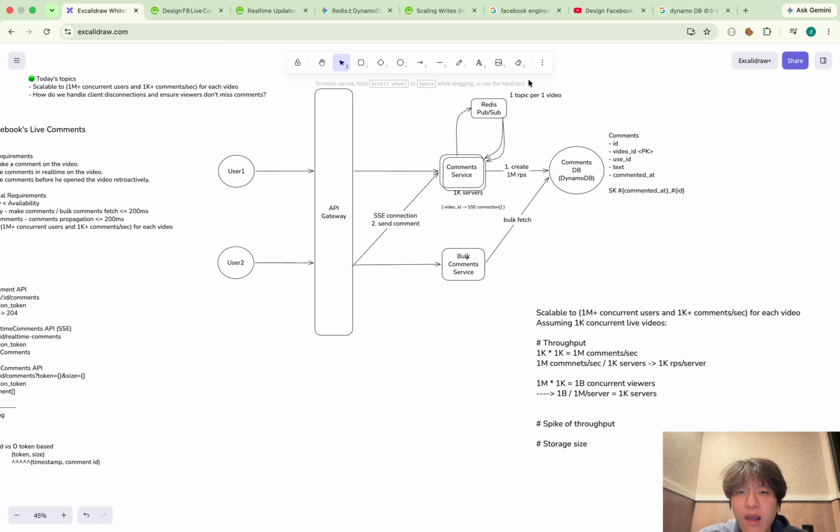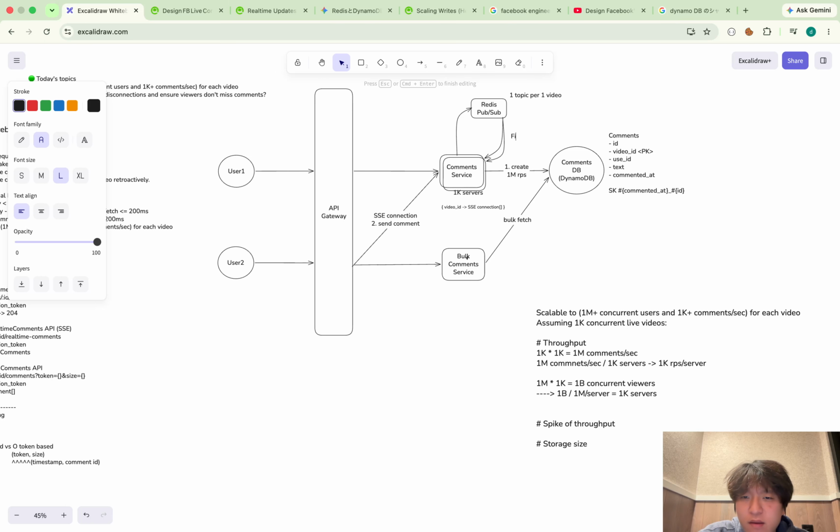Yeah, and I have two things I'd like to talk about regarding this Redis pub sub. Number one, this is fire and forget. Once the message is sent, Redis pub sub doesn't store the message anymore. And also, if the server is not available and the message is not sent, it doesn't retry. Redis pub sub doesn't retry the pushing.